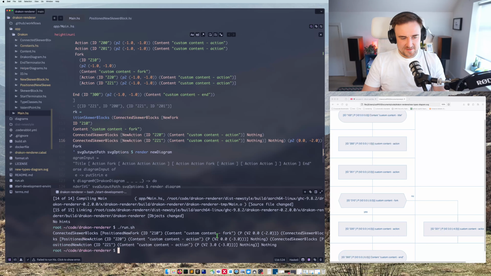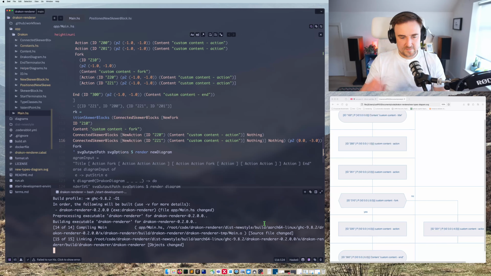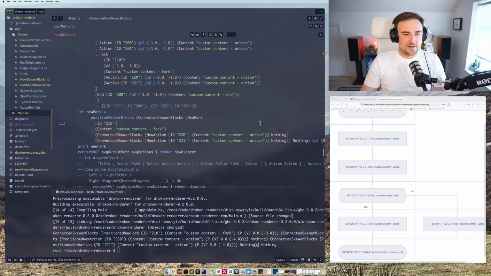Fingers crossed, yes. Okay, let's see if we positioned it correctly. So the fork is 0, -2. Perfect. Oh, sorry, it's 0, -3. I'm not looking. 0, -3. So we're expecting 0, -4, 3, -4. 3, -4, yes. 2, 2, 1. And also 0, -4 for 2 to 0. And 0, -3 for the question. Lovely. Now, if we wanted to add an action,